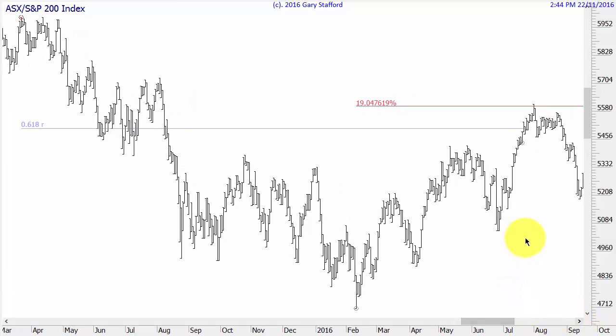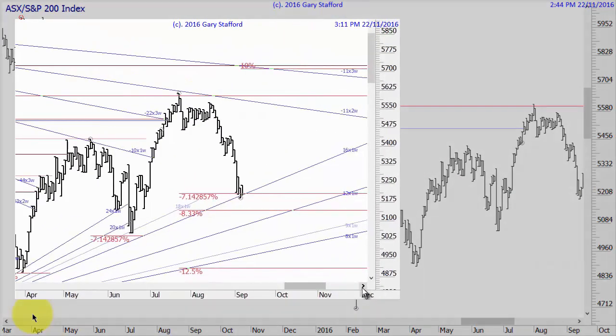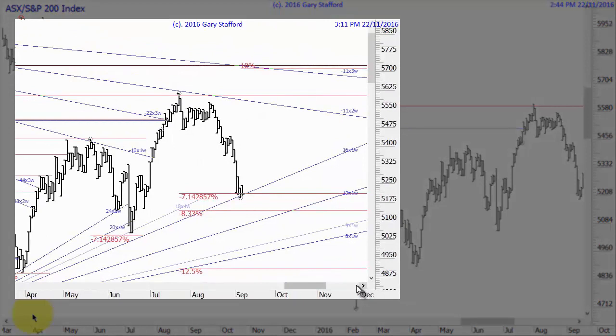I then gave this as a possible buy signal. Falls of 7.1428 tend to be kind of important, so we're at a level at the moment that, if it's going to go up, could be critical. And I showed you in the previous video on the Dow that the Dow might go a little bit lower if it's going to have a rally and go up. So I just thought it'd be worth pointing out that it's at a critical level one way or the other. Now it closed right at its highs for the day this morning, so if it goes below there, then it's obviously going lower, but I'm watching it.